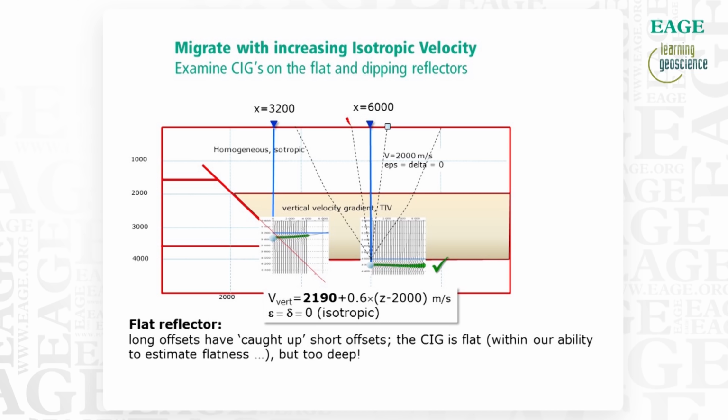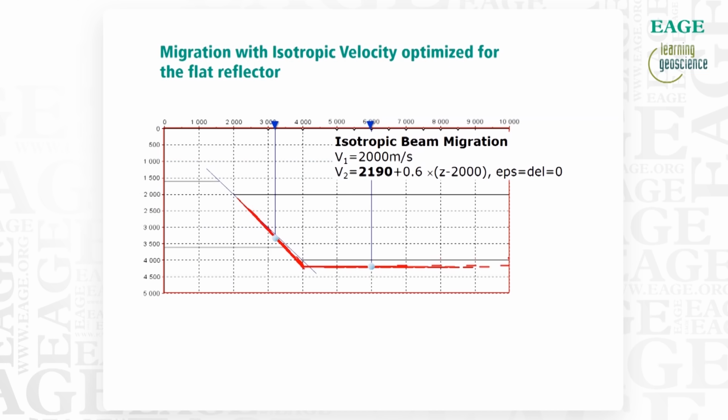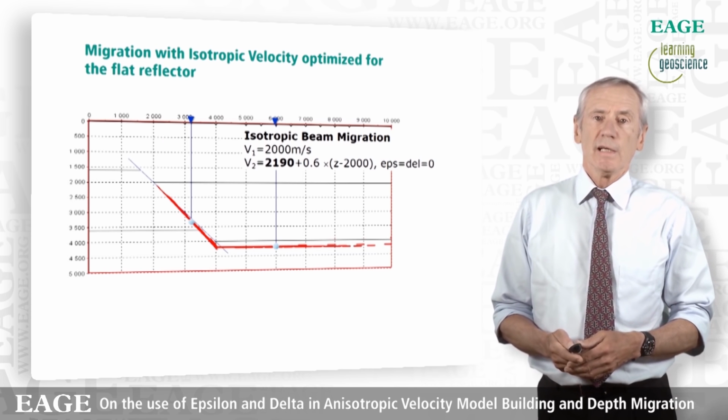Flat only for the flat reflectors, because if you look at the dipping reflector on the left, you see that we have not reached the correct flatness yet. This is, of course, explained by the rays, and we have to further increase the velocity if we want to get a flat common image gather for the dipping reflector. I like to say that instead of talking of long offset, we should talk of propagation directions when we discuss anisotropy. So in real life, tomography would be mainly constrained by flat or sub-flat reflectors,